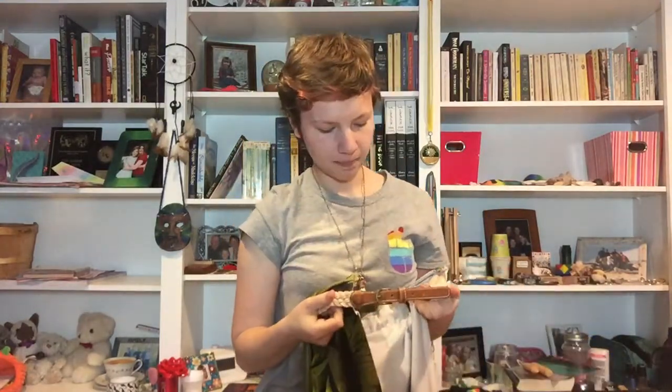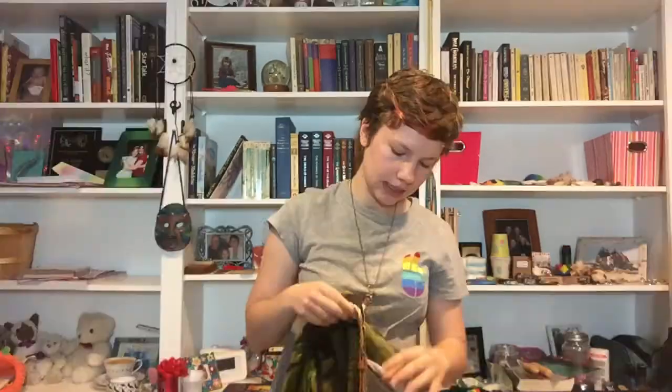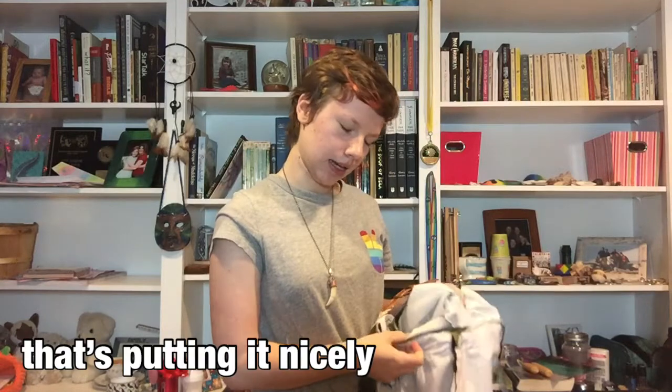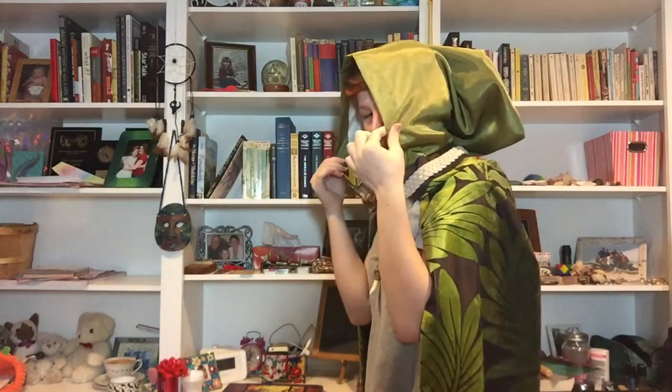This belt thing. Good idea. Bit long though, so we're gonna have to make a new fastening mechanism. And the inside, well, it's not the most attractive thing, and it's kinda itchy. The hood is a whole different set of problems. It's alright, I guess, but it looks a little ridiculous. So